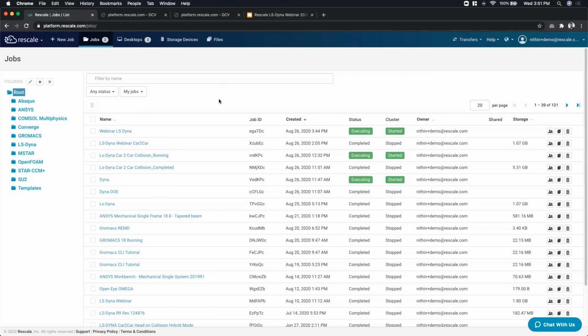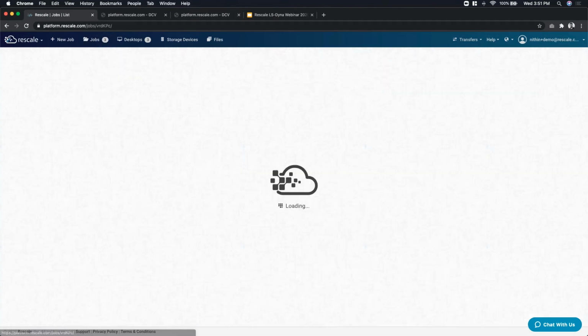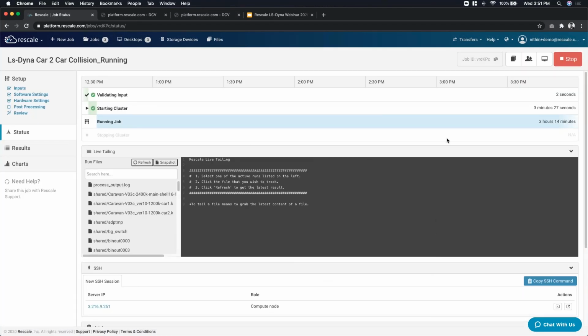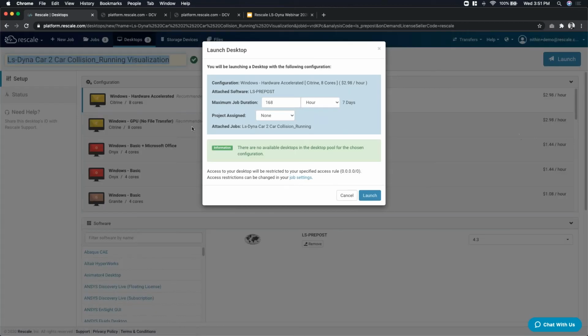Definitely. So that's a really good question. So going back to the desktop option, let's actually take a look at a job that's currently running. So we have this job that's running. So here, if you go to the running jobs page, you can visualize the results by directly choosing the visualize option. So here you'll see a visualize button. And what this really does is it is going to launch that same desktop that we saw previously, but it's